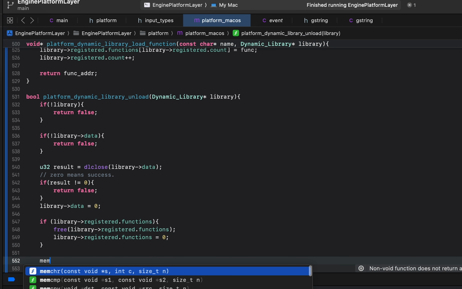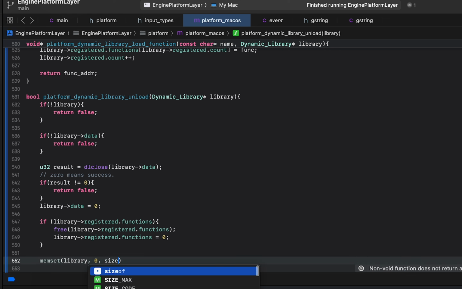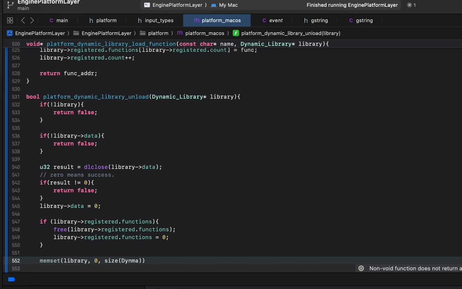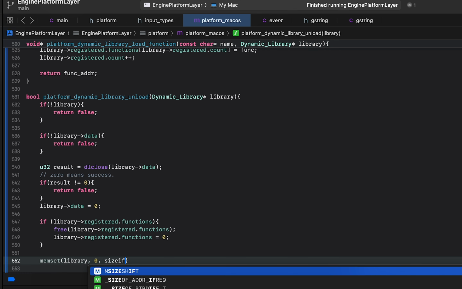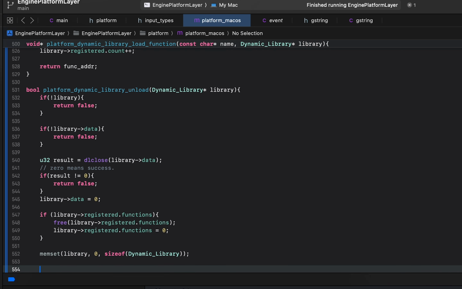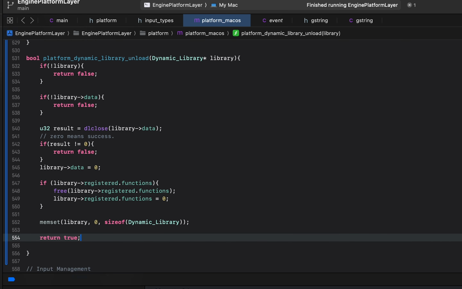we're done. And then we just want to do a memset here, and we're just gonna set the library struct to 0 because we unloaded it. So we just make sure that we do a proper cleanup everywhere. So yeah, dynamic size. Oh, this should be sizeof. That's why I wasn't getting the IntelliSense there. Dynamic library. Okay, and then once all of this is successful, we just return true, and that's about it, ladies